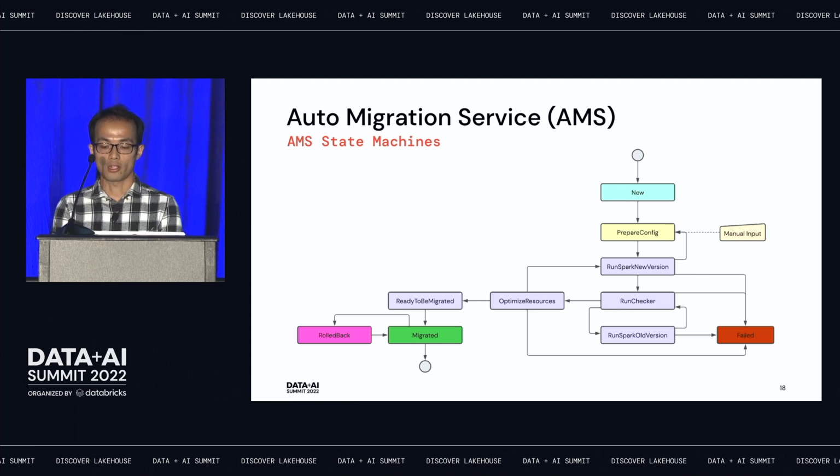Once the preparation is ready, the job will enter the run Spark new version state to trigger a test run under the new Spark version. And after the test run finished, the AMS will enter the run checker state to validate its output. So if the validation passed, it will enter the optimized resource state to perform some high-level auto-tuning if needed based